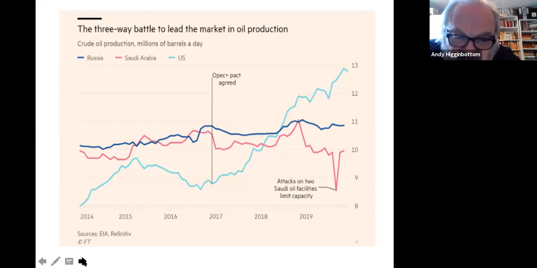Now, I will comment on this a little bit more, but I want you just to look at a particular detail of the cyclamen or pink line, which is Saudi Arabia, between 2015 and 2017, right? It slightly increased its production, only slightly, but that slight increase in production from Saudi Arabia was enough to bring down the price of oil quite precipitously. So up until 2015, peak prices of oil were over $100, and then they came down to about $60 by 2017. Right,